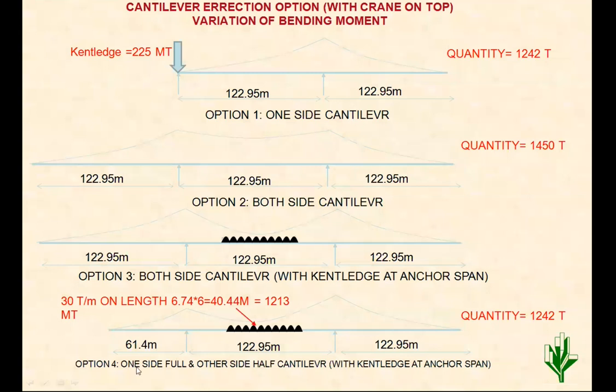So in both the cases, with some kentledge, the requirement of additional strengthening for the construction is removed. Now in case of this cantilever construction, suppose this truss reaches here and the support is activated and the link is removed, then both the spans will behave like simply supported. So the bending moment diagram then will be a sagging one instead of this hogging bending moment. So redistribution will take place.